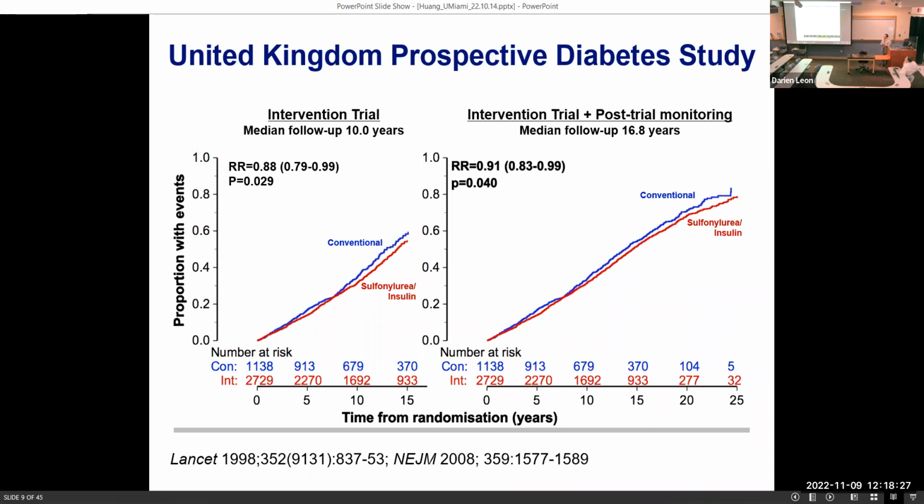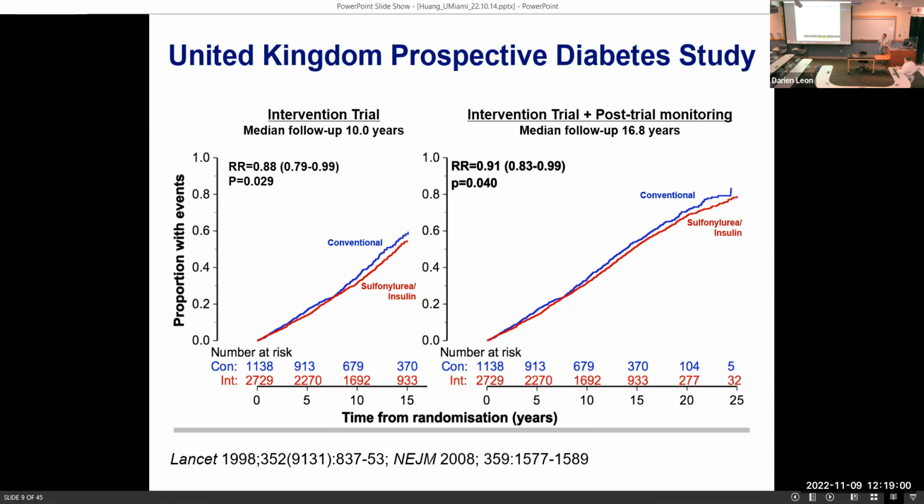It is kind of amazing, but in my lifetime, and I don't think I'm that old, some of the major randomized controlled trials in type 2 diabetes management have come out as I've been in training. So this is an example of when I was a resident. When I was a medical student, I think the DCCT trial came out. So the first evidence in 1993 came out that glucose lowering was beneficial in type 1 diabetes.